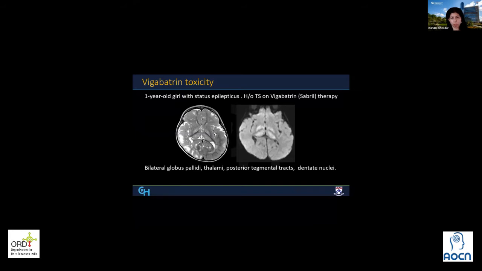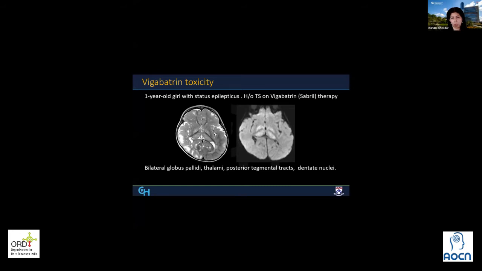So here, this was a 1-year-old girl. This patient had tuberous sclerosis, but she also had spasms, and that's why she was put on vigabatrin. This is a case, I think, nearly about 10 years old now. I think when I was a trainee at CHOP. So this one we didn't know at that time, and we were wondering what is the reason for this bilateral